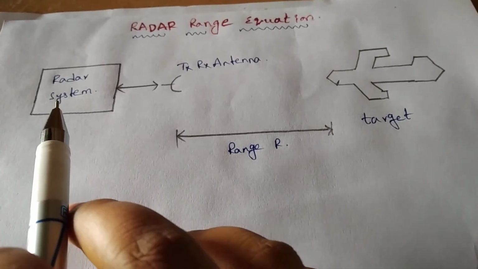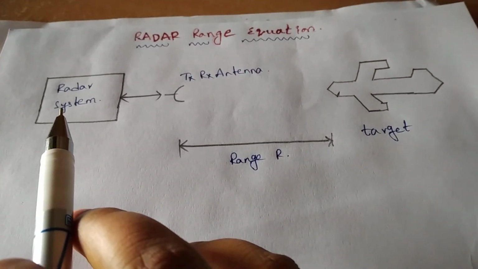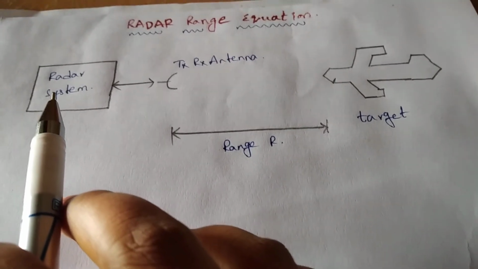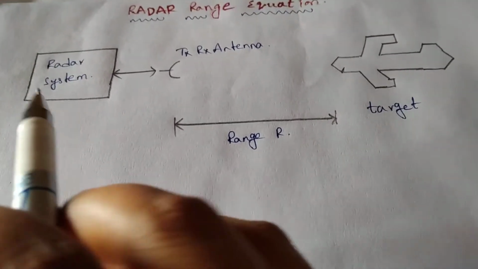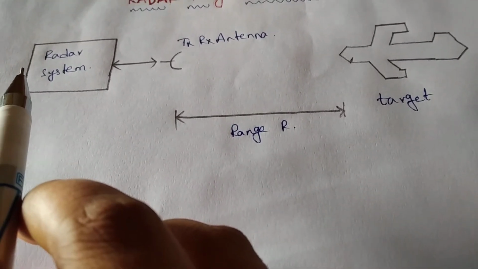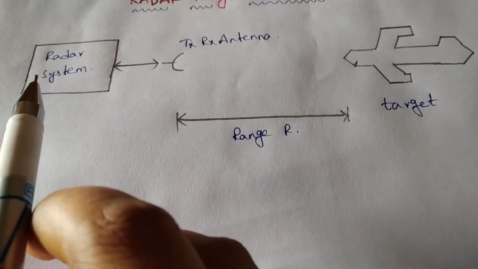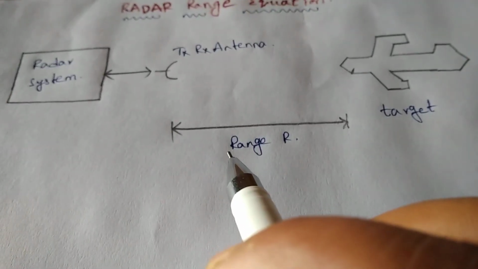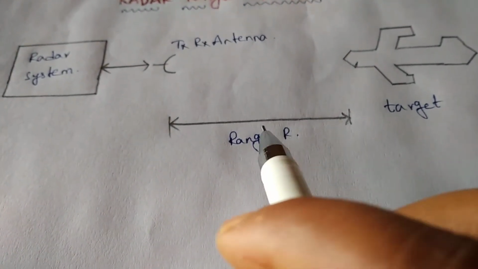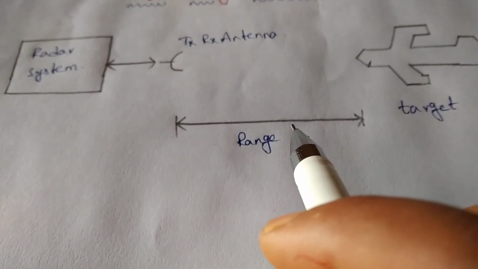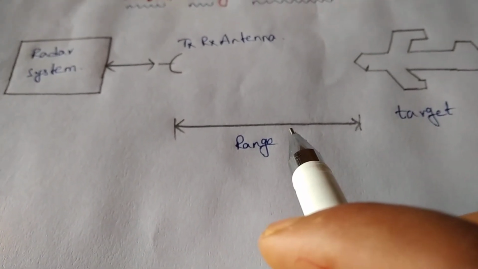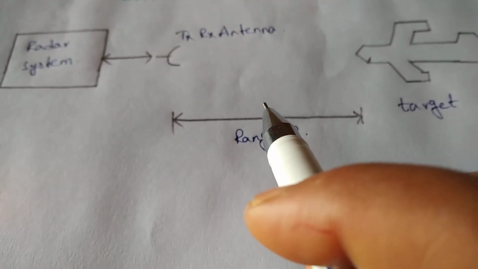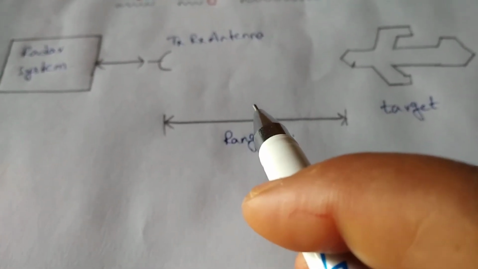In this session I will discuss the range of the radar equation, and I will derive what is the range which could be there with a given radar system. So here I have a radar system which is trying to identify the range of a target, and if I say the range of the target is R, then we derive what should be the range of the radar system. Over here I will derive a few equations based on the range of radar.